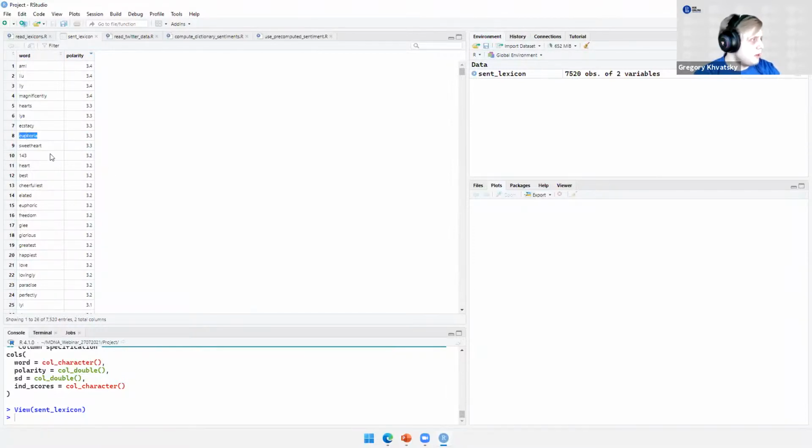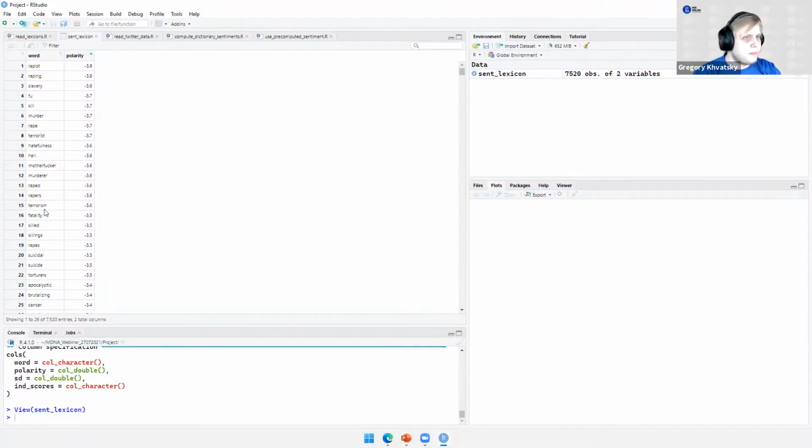So here the word is euphoria. It obviously describes positive emotion, and its rating is 3.3. So it's fairly positive, actually very positive. There are many ways to come up with these ratings, but here a bunch of experts got together, read texts from social networks, and coded them on how positive or negative they are. Here are the most positive words, describing things like ecstasy, euphoria, sweetheart, happiness, love, and things like that. And for negative words, there are other words that describe activities, things and feelings that are not really welcome